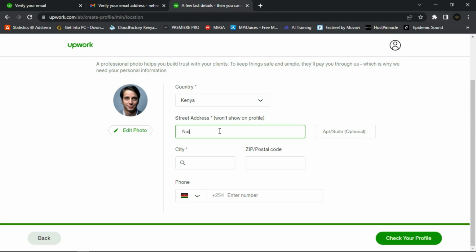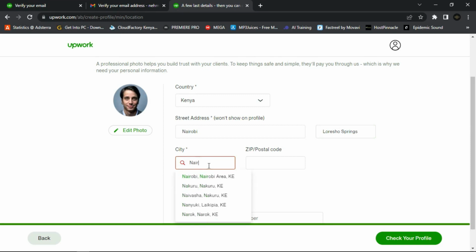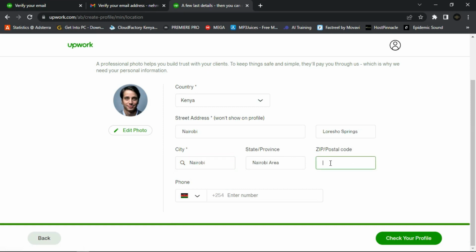And for the apartment, let me choose Loresho Springs. And then here you're going to select the city. The city is Nairobi, and then the zip code is 0100. I don't know, I think 0100.